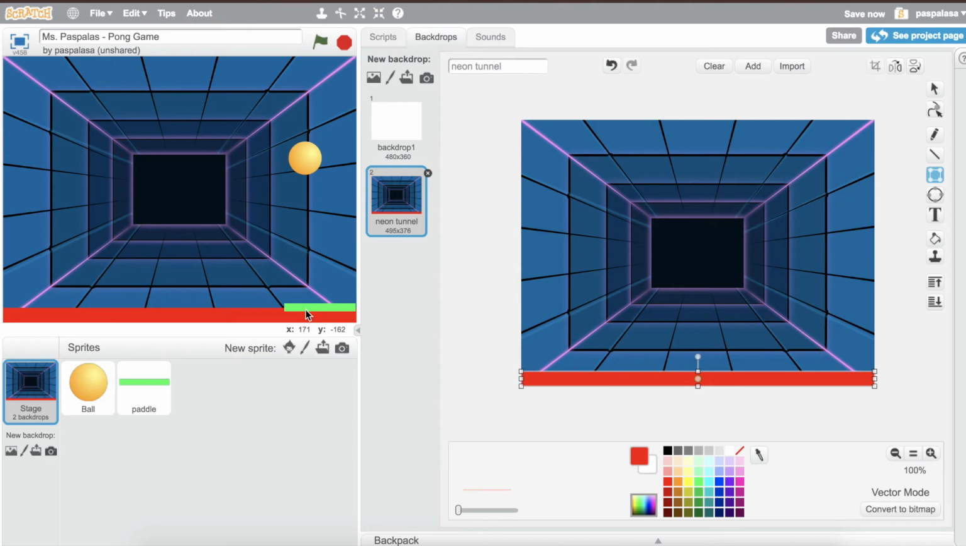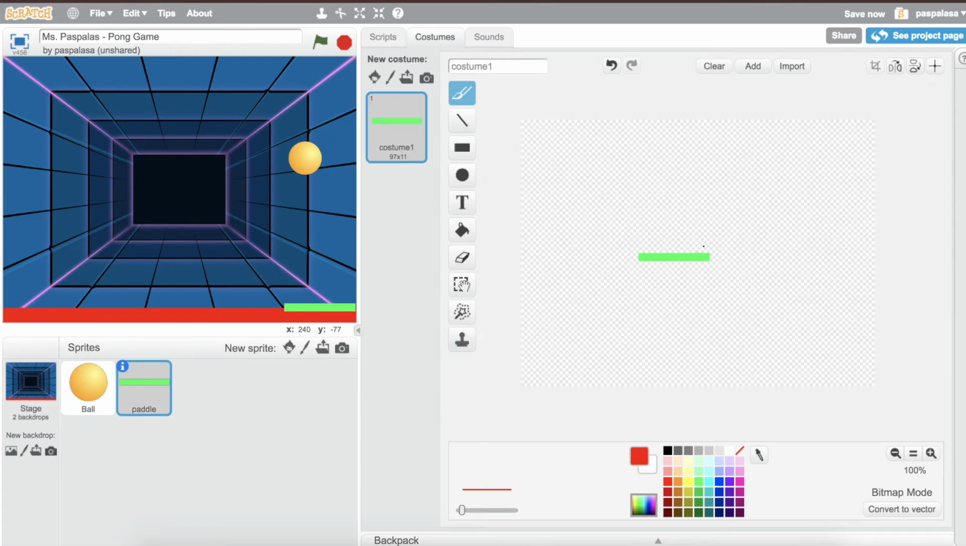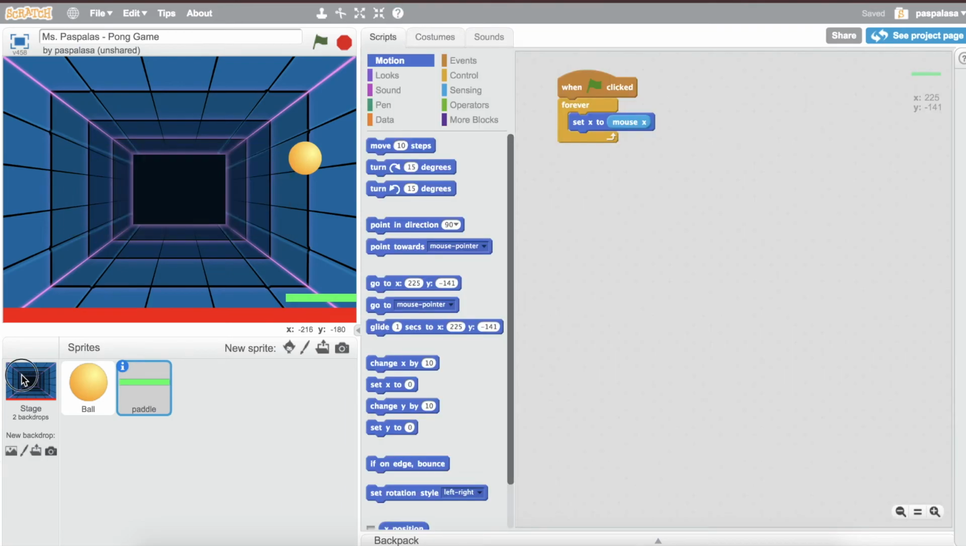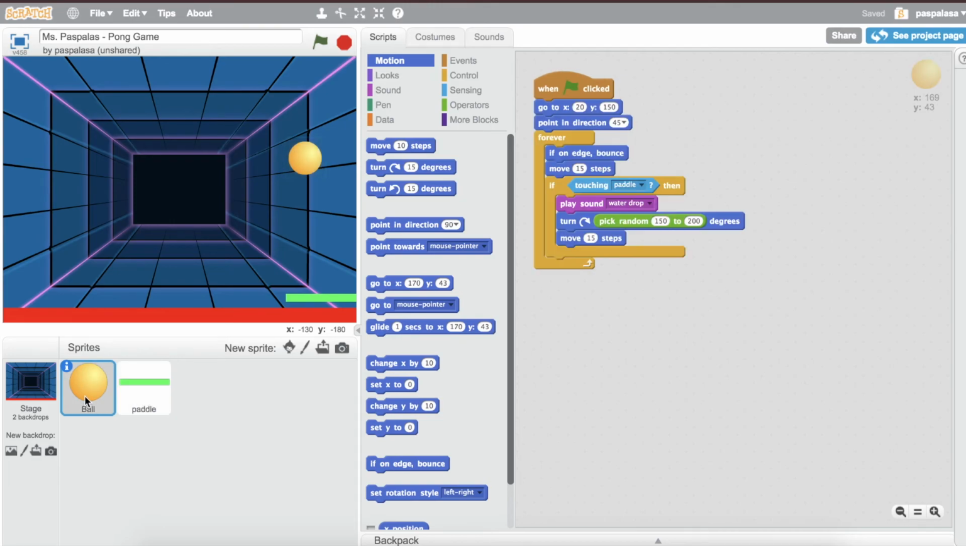Now the paddle is a little bit too close to the red zone. So I'm just going to go back into the paddle, click on the paddle, and I'm just going to move it up ever so slightly just so it's hovering right above the red zone. That looks good to me. So now we have our stage with the red line, our paddle's in the right spot, and we're good to